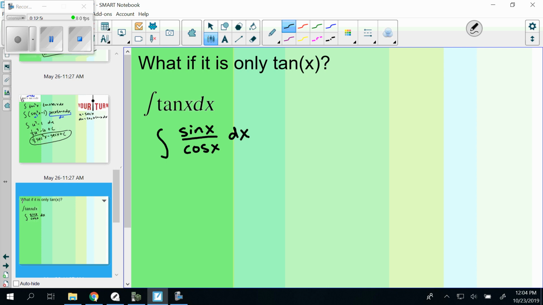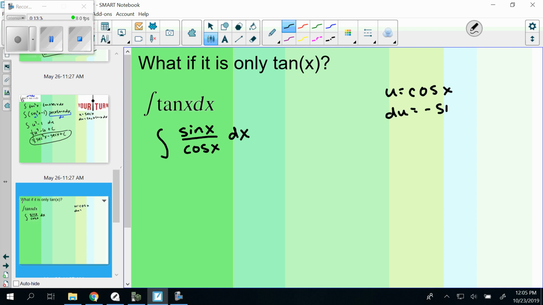Now, it is a substitution problem. We got to either substitute for sine or substitute for cosine. Both derivatives have the other one in it. But it doesn't work too well here if you do it for sine, because even though the derivative is cosine x, that cosine doesn't cancel out, because if we substitute here, both cosines would end up on the bottom, and that doesn't work. So we actually have to do the other one. If we do cosine equal to u,